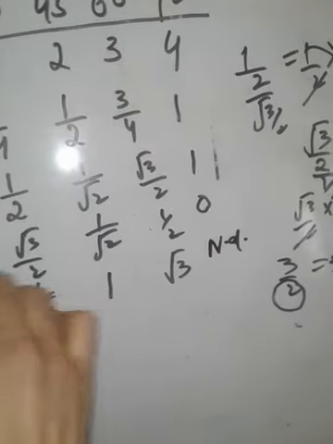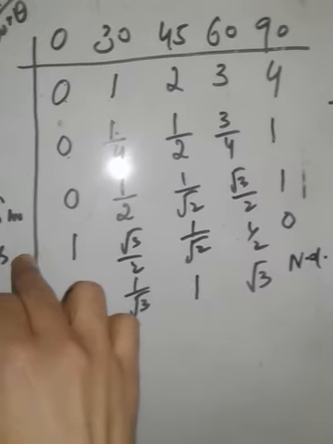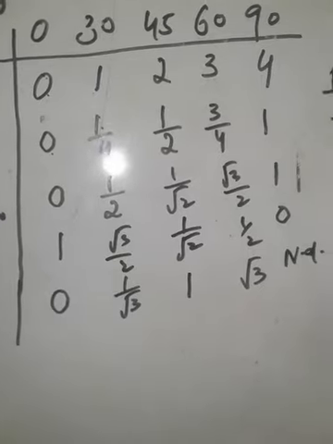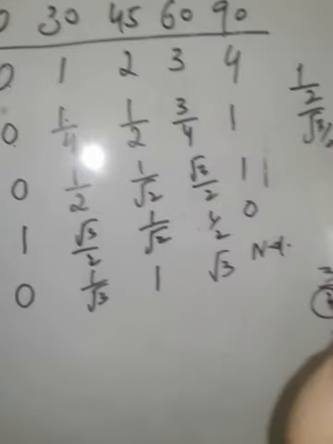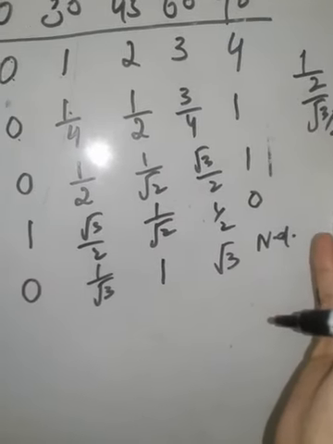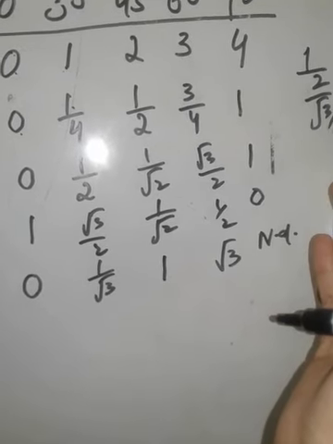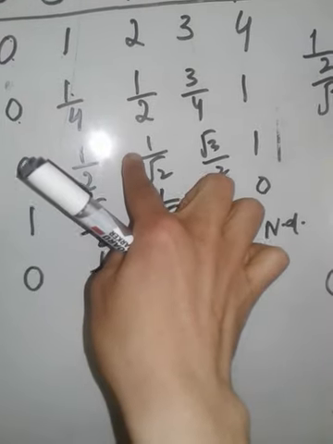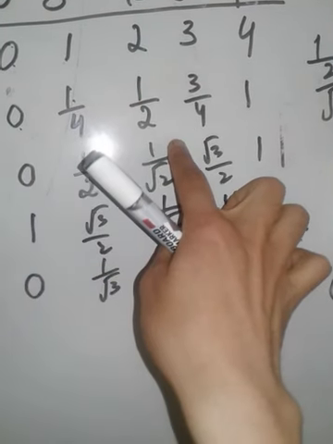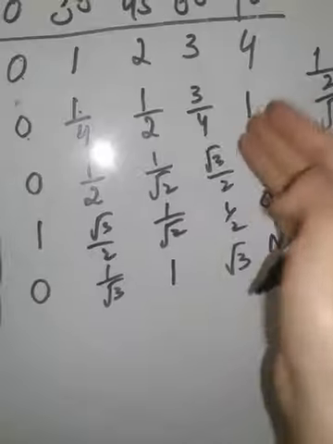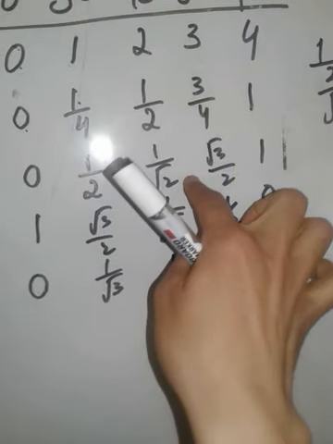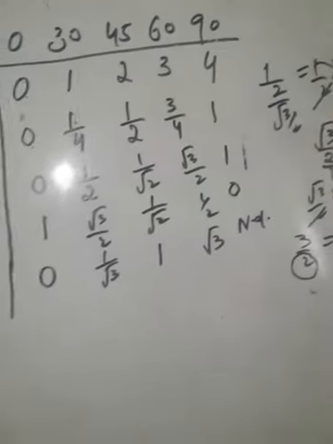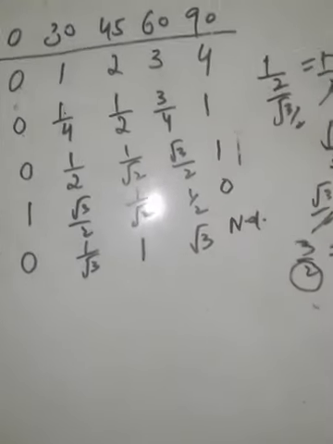So you have found the three ratios sine, cos and tan of 0, 30, 45, 60 and 90. You can easily find the three reciprocal ratios of these angles, because if sine 30 is 1 by 2, cosec 30 is 2 by 1, the reciprocal. If sine 45 is 1 by root 2, cosec 45 will be root 2 by 1, and similarly for these angles. So in this way you have formed the trigonometric table.